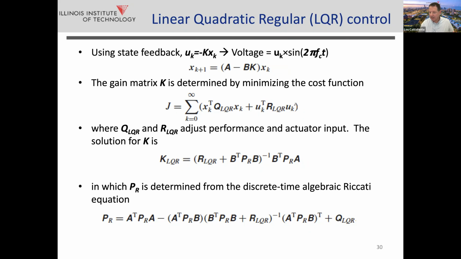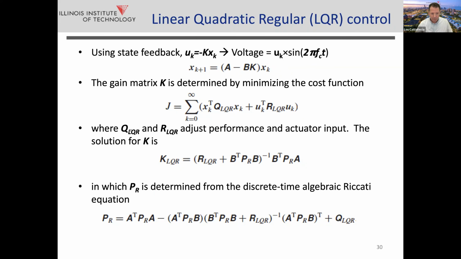And then there is a second term, and if you look at it, U transpose U is essentially your actuator input, again weighted with this matrix R. Depending on the magnitude of R, you can really penalize the actuator. Remember, it costs you money to run this thing. Or you can not penalize it at all and let the actuator work as hard as you want. So there's some play in this.